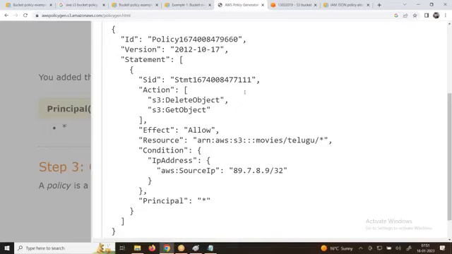Is it clear? Anyone has any questions? AWS S3 is completely completed. You will get around 6 to 7 AWS certification questions on S3. AWS S3 and EC2 instance combined, you should get somewhere 15 questions out of 62.